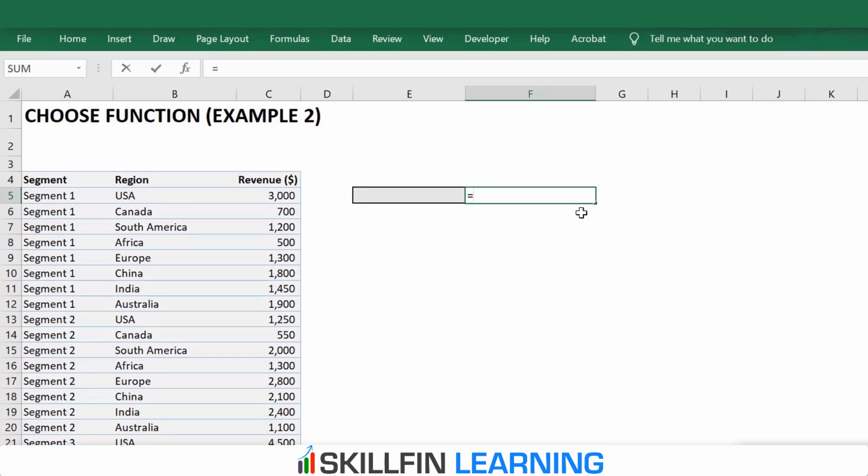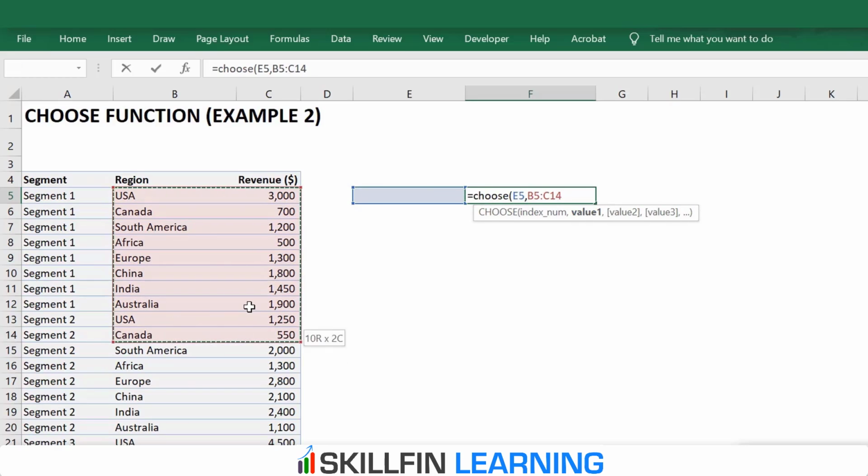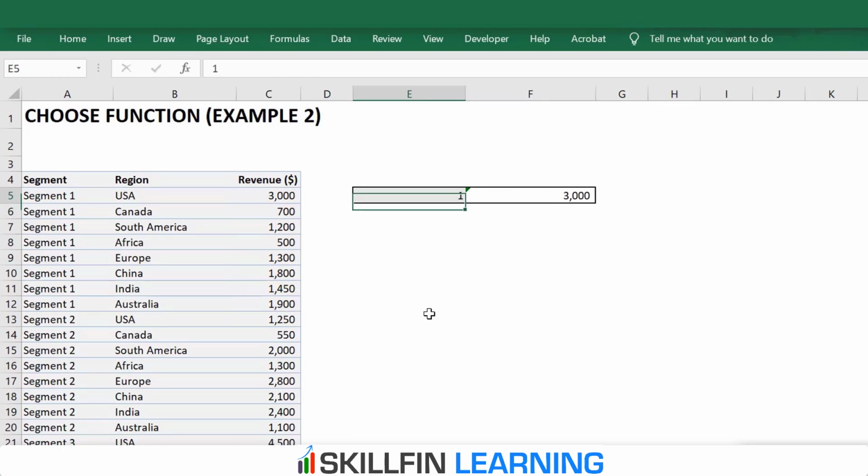So if we type is equal to choose index number and then select the range for segment 1 and then press enter. So we get a value of a single cell which is 3000. This is because 3000 is in the same row.